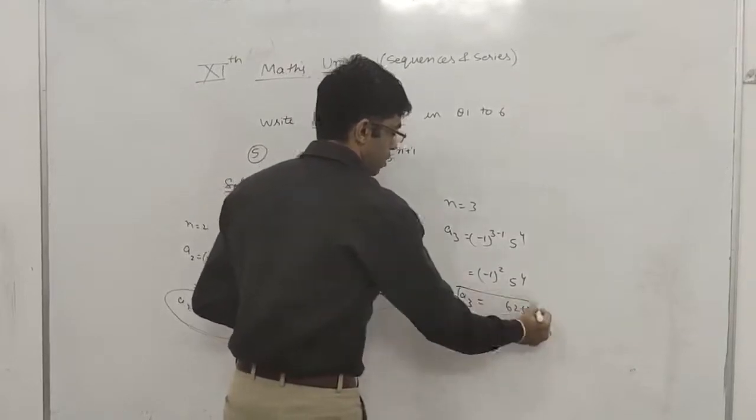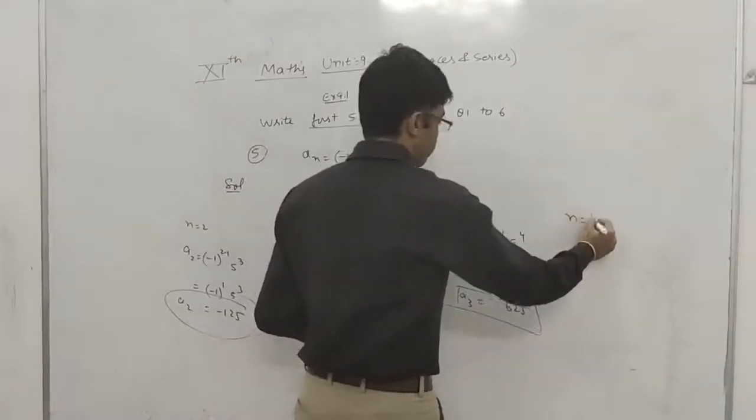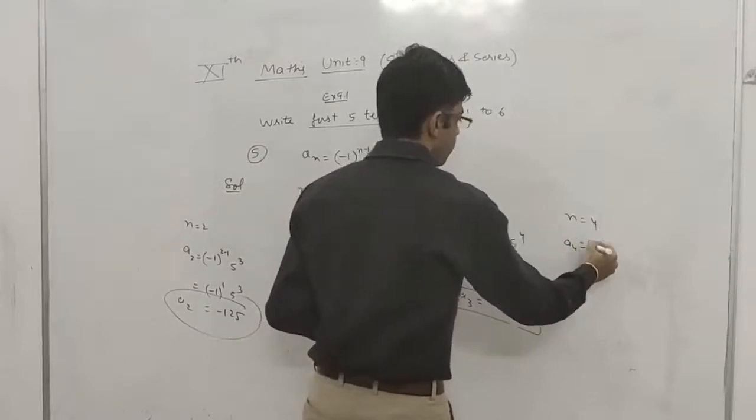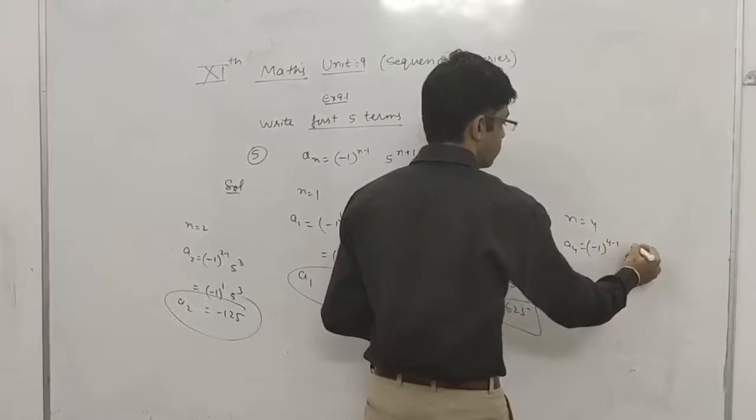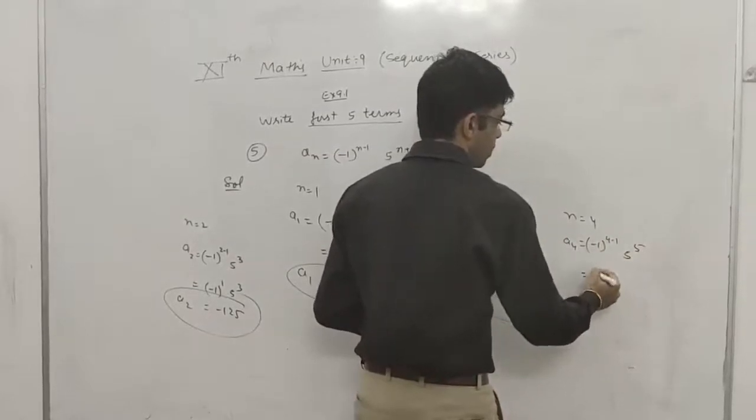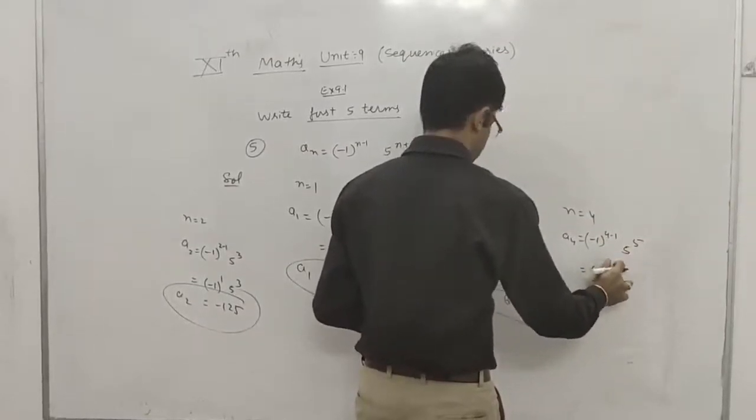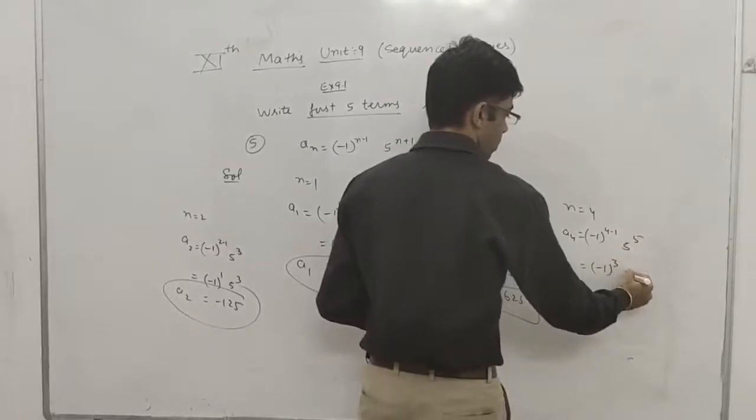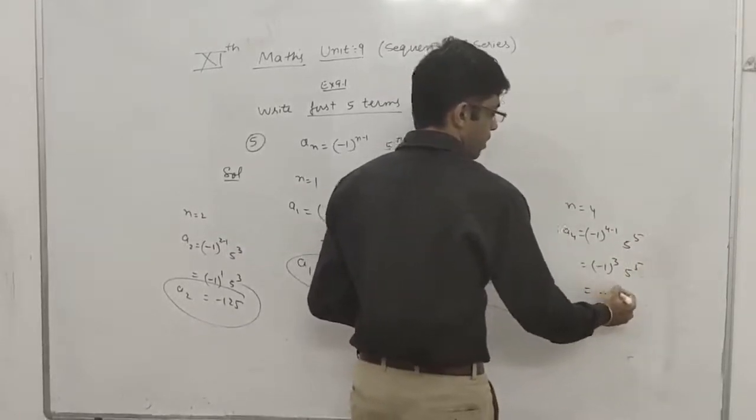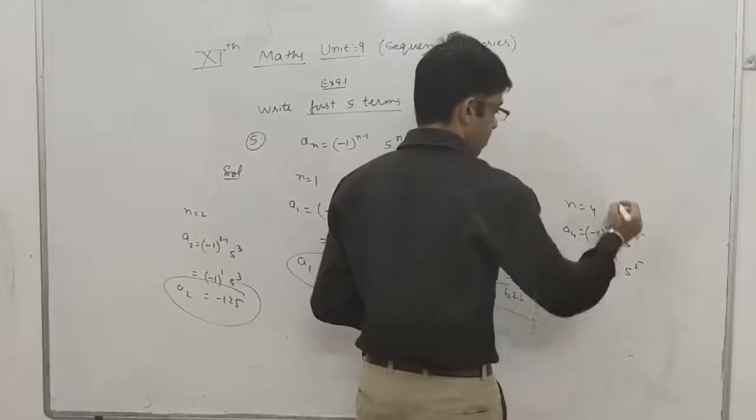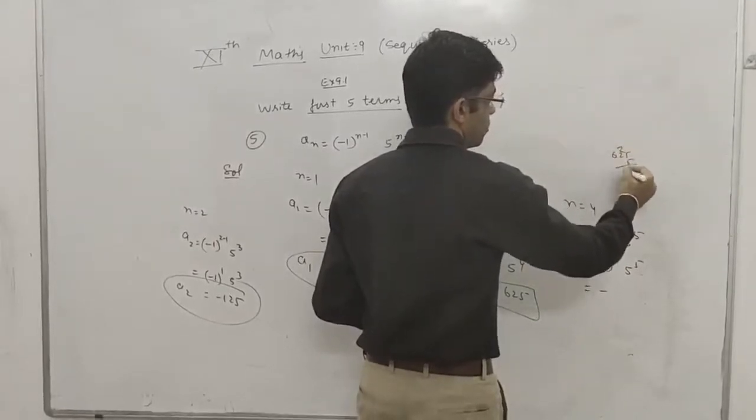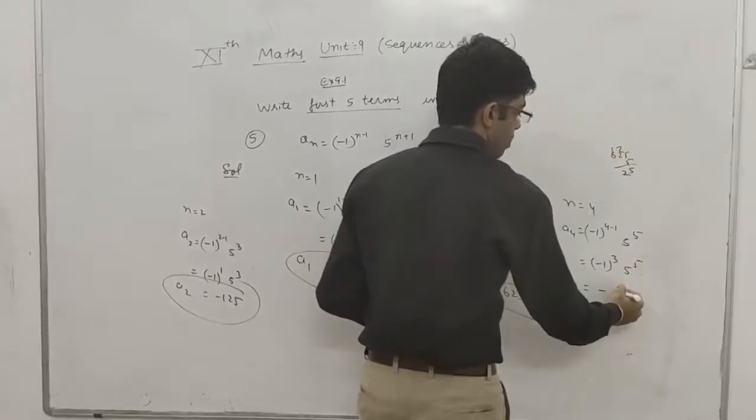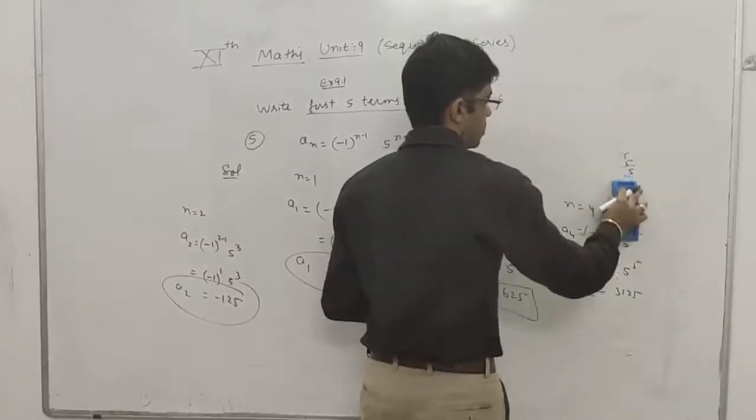625. Now n equals 4. Minus 1 raised to the power 4 minus 1, times 5 raised to the power 5. Minus 1 to the power 3 is odd, so minus will come. 5 raised to the power 5 is 625 multiplied by 5, which is 3125. So this is the fourth